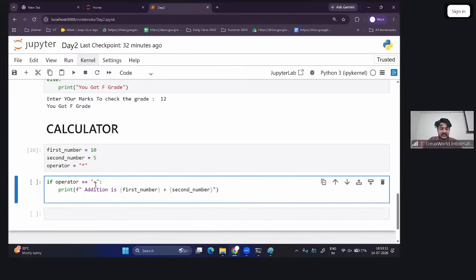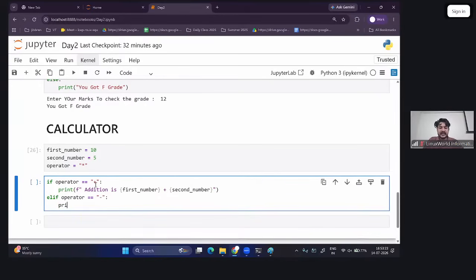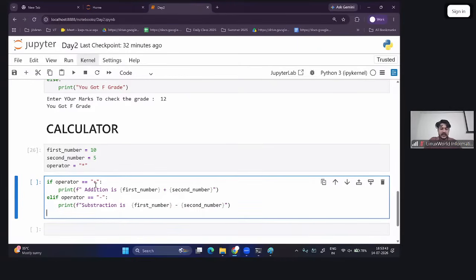लाइकवाइज अगर कोई पर्सन यहाँ पे एलिफ कंडीशन, इफ दे आर यूजिंग द ऑपरेटर इज इक्वल टू माइनस, विच इज माइनस ऑपरेटर, तो हम यहाँ पे प्रिंट कर देंगे, फॉर एग्जाम्पल एडिशन की जगह पे सब्सट्रैक्शन इज फर्स्ट नंबर, राइट, माइनस सेकेंड नंबर। सो दिस माइनस ऑपरेटर अगर कोई एंटर करता है तो एलिफ।